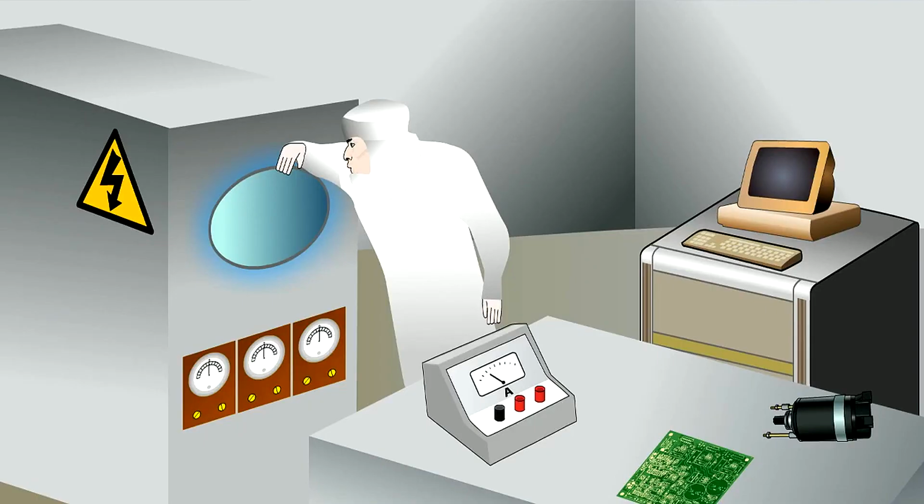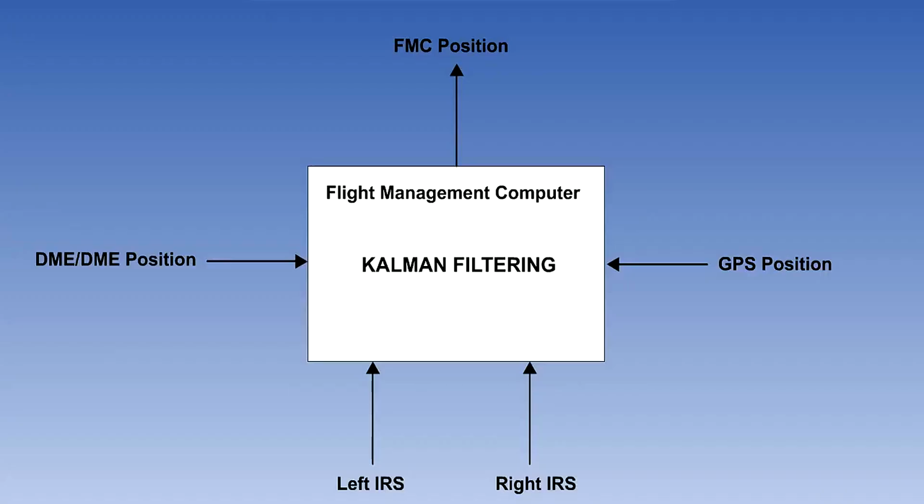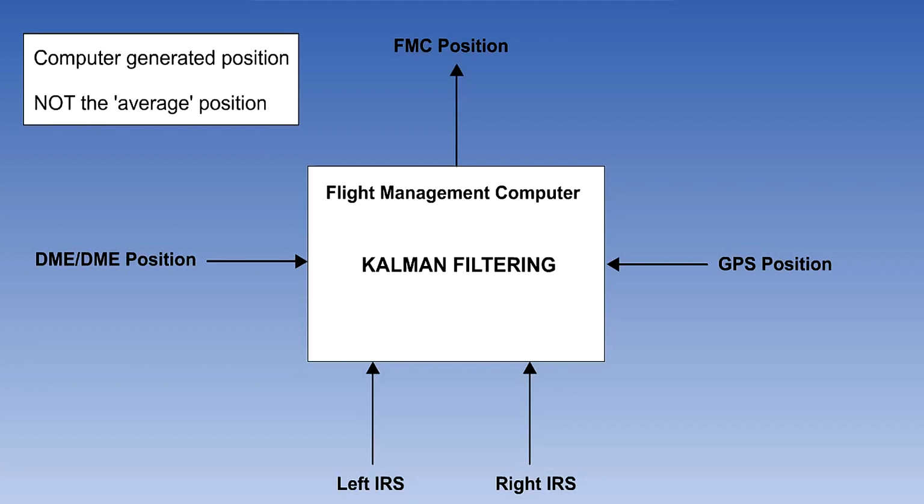They can be minimized by the use of more accurate components and expensive engineering techniques. However, the later generations of inertial systems are only one of several sources of position in a flight management system. And a statistically most probable position is computer-generated by the Kalman filter in the FMS. However, the FMC position is not the average. This concludes our study of INS. The next lesson goes to look at its successor, the IRS.